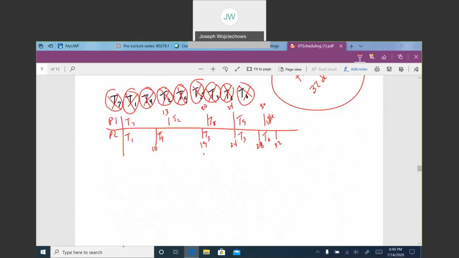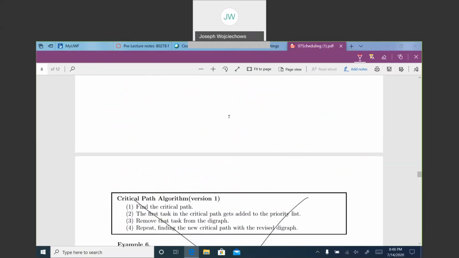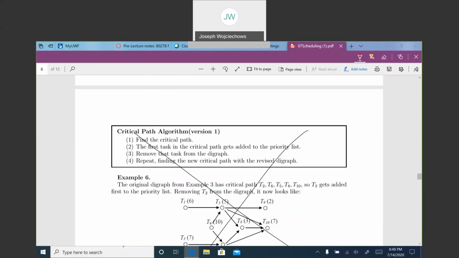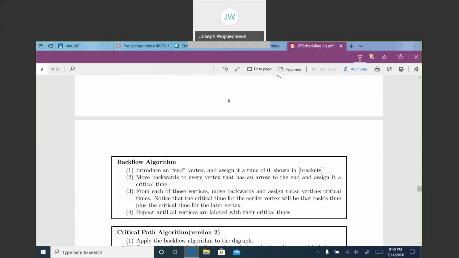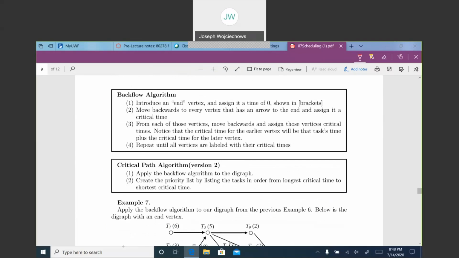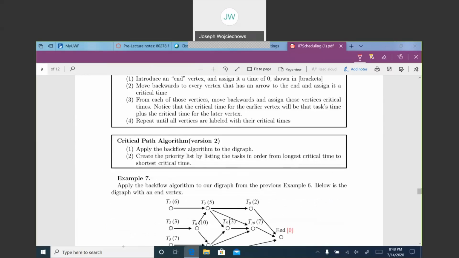Okay, this next thing is 2 algorithms to find the critical path. And I'll be honest with you, this first one here, version 1, is very confusing, so I don't teach it. So we'll skip that page and we'll talk about a backflow algorithm, and then we'll talk about critical path algorithm 2. The backflow algorithm says to introduce an end vertex and assign it time 0, shown in brackets down here,